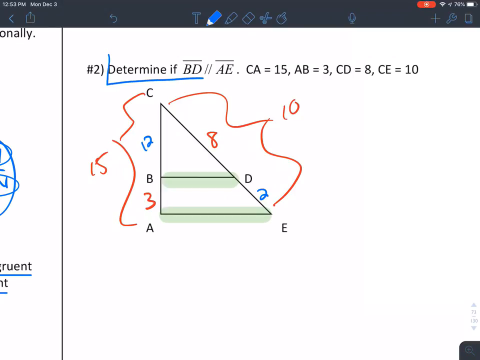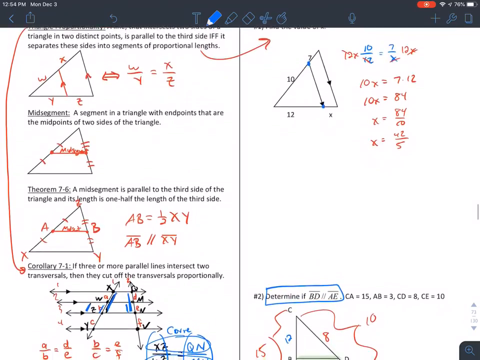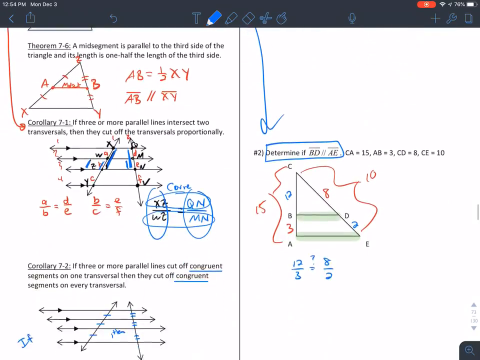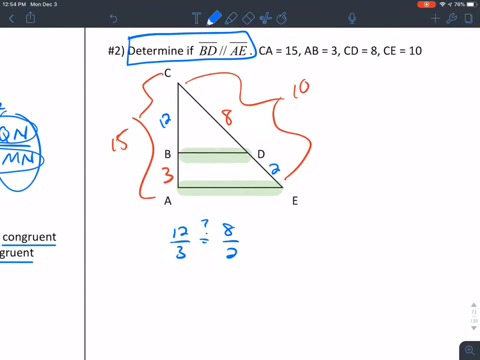So to determine if these are parallel, we have to do the following. We take a proportion, 12 over 3 equals 8 over 2, and we decide, is this a true statement or is it a false statement? If it's true, according to the triangle proportionality theorem, then these lines are parallel. If it's false, then they cannot be parallel. Both of these reduce to 4. Therefore, since that's a true proportion, segment BD is parallel to segment AE. On the flip side,